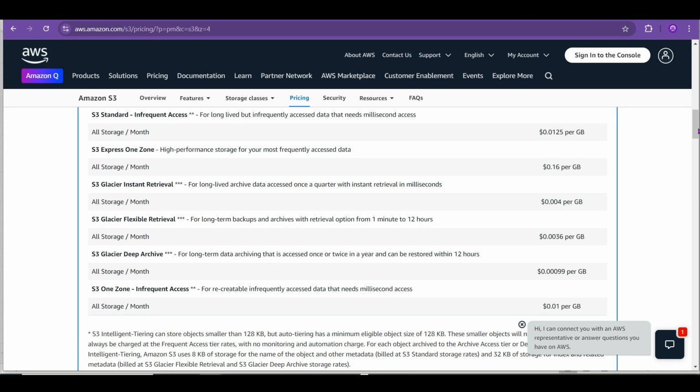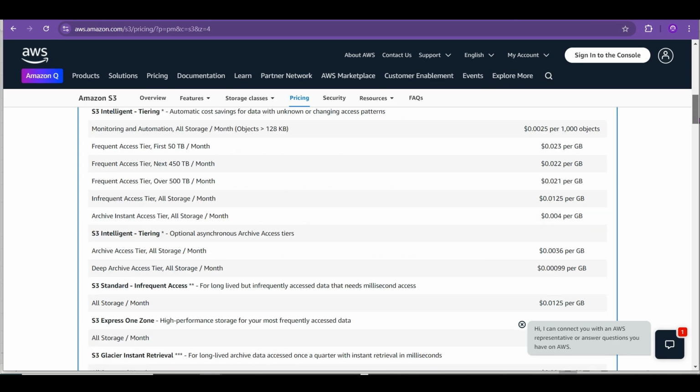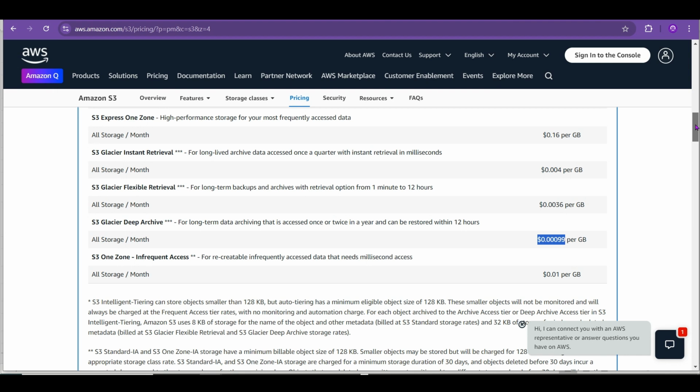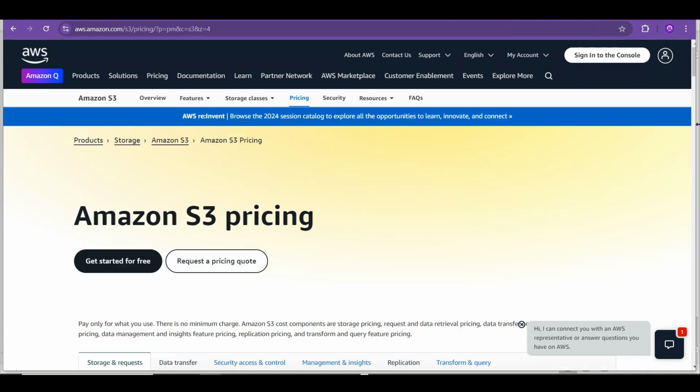If you look at Glacier Instant Retrieval, it is 0.004 per GB, and the deeper archive is 0.0009, so it is a dirt cheap kind of option. So per GB there is a considerable difference between standard and the Glacier options. Glacier options are very cheap when it comes to storing the data, but when you want to retrieve the data, there is a price attached to it. But you are not going to retrieve the data on a regular basis. It might be once in a year or once in 2 years that you retrieve the data, for which there is a considerable charge for the Glacier concept. But for standard, the storing and the accessing price is pretty much